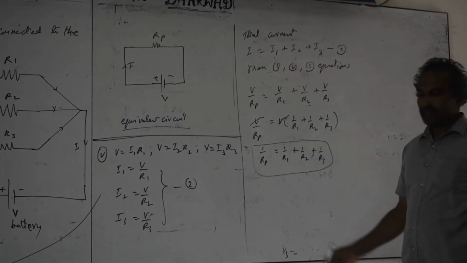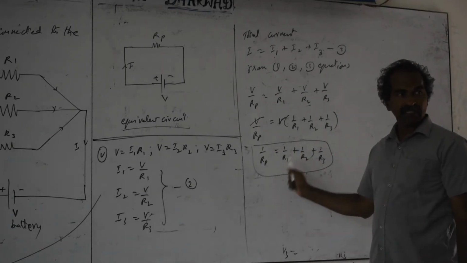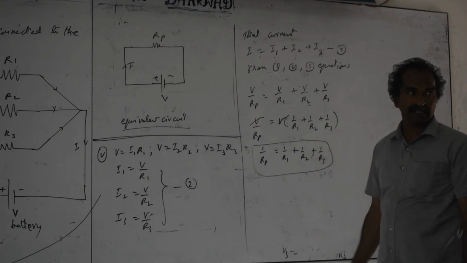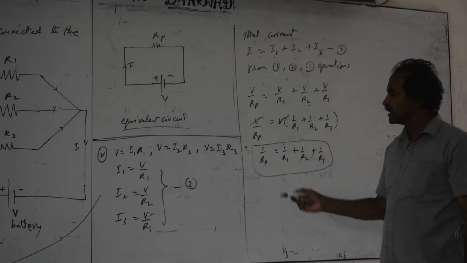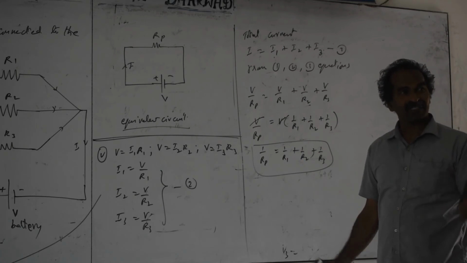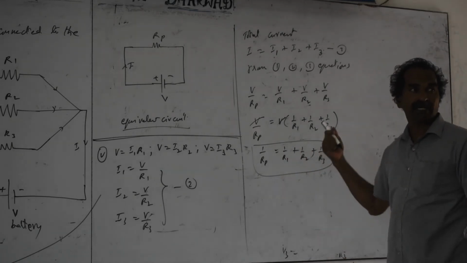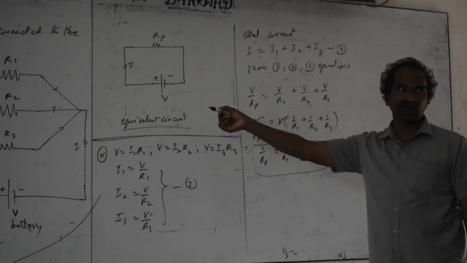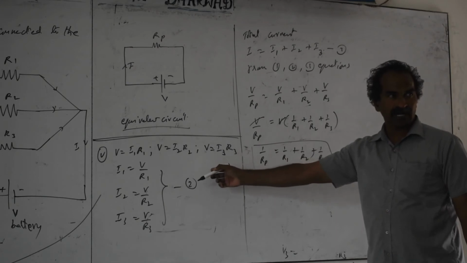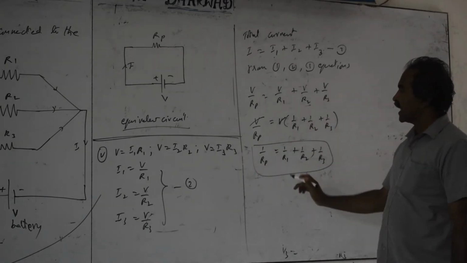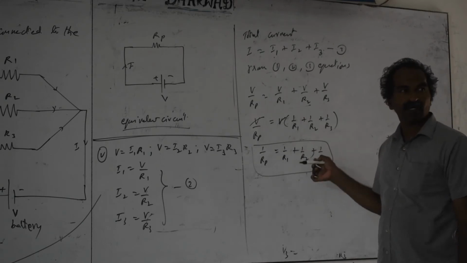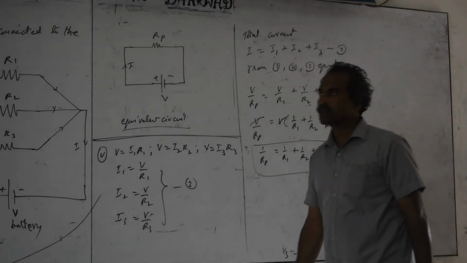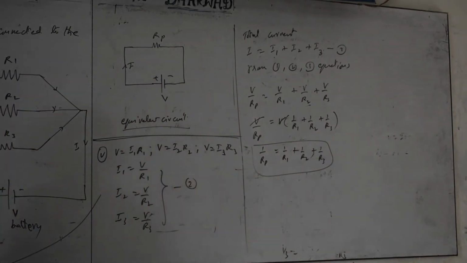In words, the reciprocal of the resultant resistance is equal to the sum of the reciprocals of the resistances. Be careful with this, because when doing numericals they calculate 1 by RP only. If you want to find RP, you need to take the reverse of the right side also. You need not take 3, you can take 2. If you take only 2, you take I1 and I2 only, I3 is not required. I equals I1 plus I2 only, and 1 by RP equals 1 by R1 plus 1 by R2 only. Okay, you can take only 2 also. Steps will be simplified. Writing key points is not compulsory. Diagram is compulsory, 2 diagrams, and the equation is compulsory. You have to discuss.